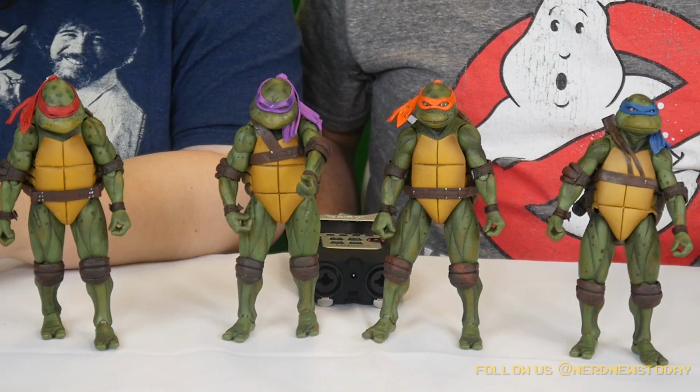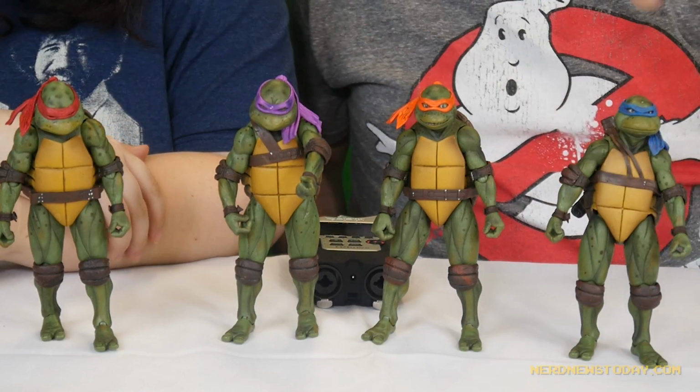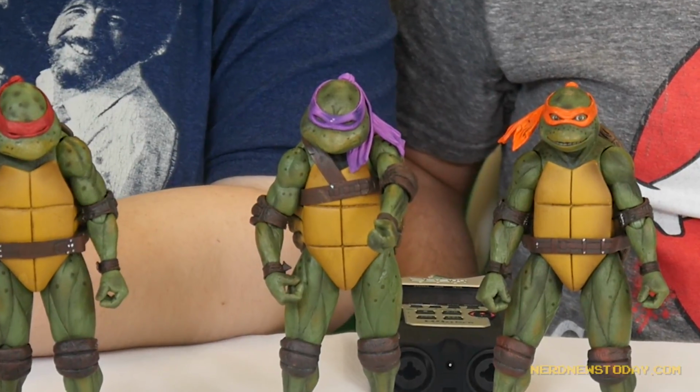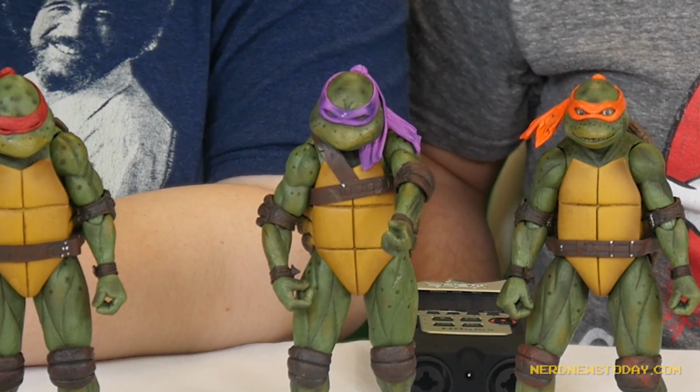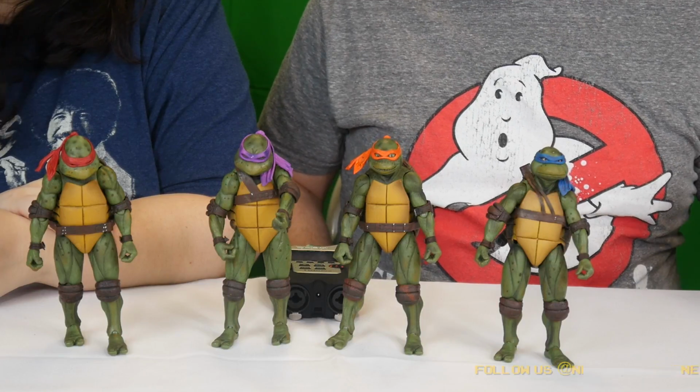We have paint smudges on basically everybody but Raph. On the top of Leo's head, there's some schmutz. Michelangelo had some schmutz, and so did Donnie. With Donnie, the problem is it's right on the mask, and it looks as though a little bit of paint came off, so there's a discoloration there. That's really noticeable. And I've seen some other people online who've complained about eyes being painted in odd positions too. Oh, weird. I think they had a little bit more QC issues than last year, because last year, I don't really remember seeing that many problems. It might be because the paint jobs are also more simple. This being more detailed means there's more room for mistakes. I'm so scared to pick him up. I kind of want to see. Oh, okay. Yeah, Donnie has...